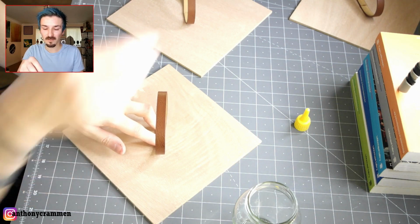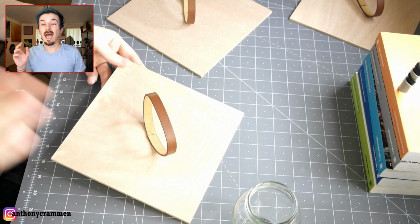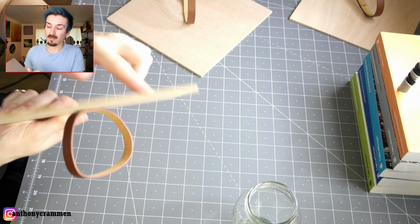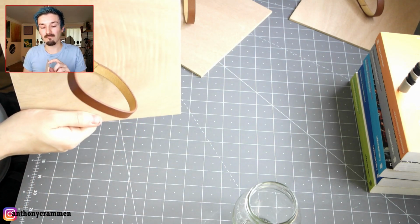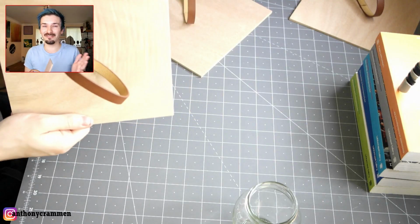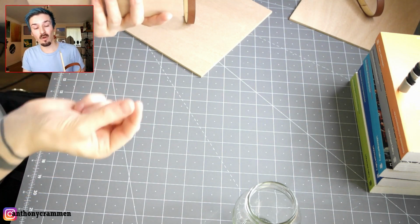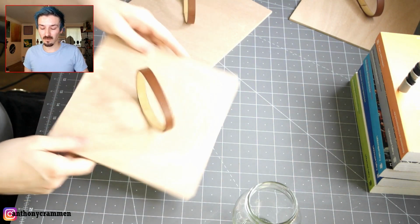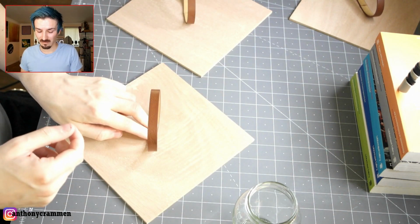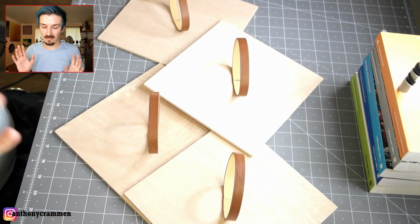Right, I'm on my last one now, so hopefully that'll be the last of that. I was going to screw the hooks in, but the board is really thin, and I don't have any screws that small, so I am just going to glue them to the back and hope that they work. They should be alright. So I've got 4 of these made, and I'm going to...